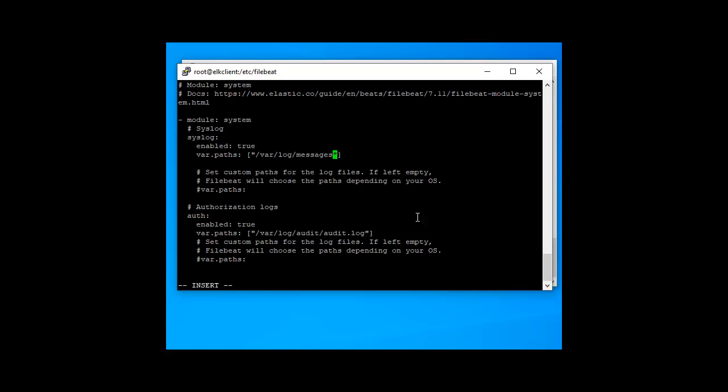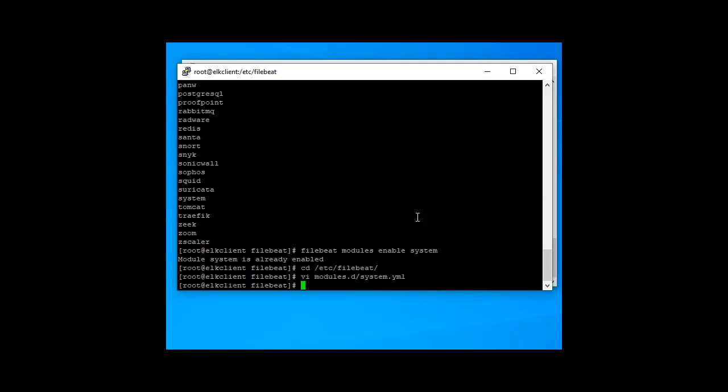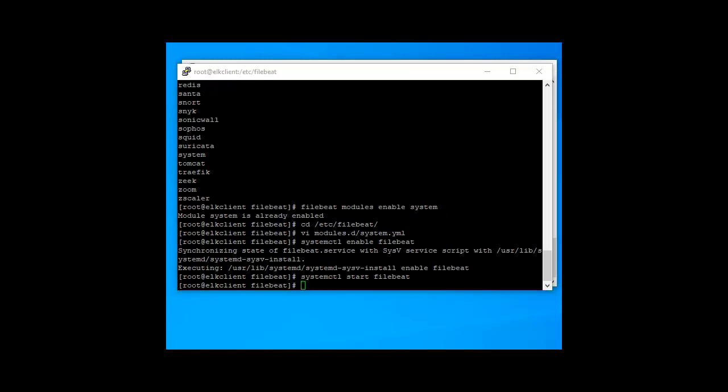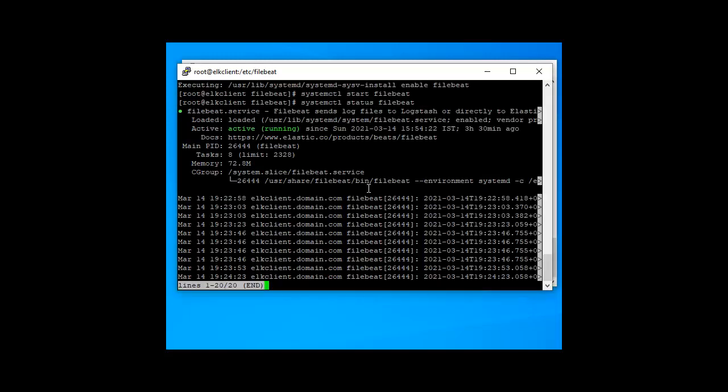Now you change message under the authorization log, so set the path of the authorization log. Save with :wq. Enable the Filebeat service on system boot and start the service. Check the status. Running.